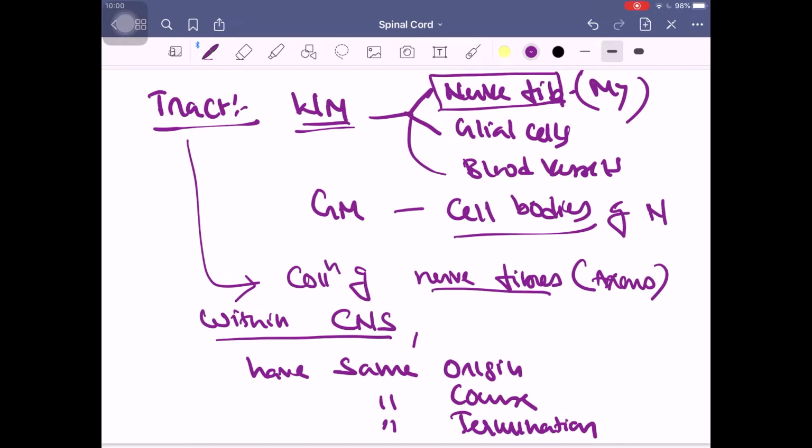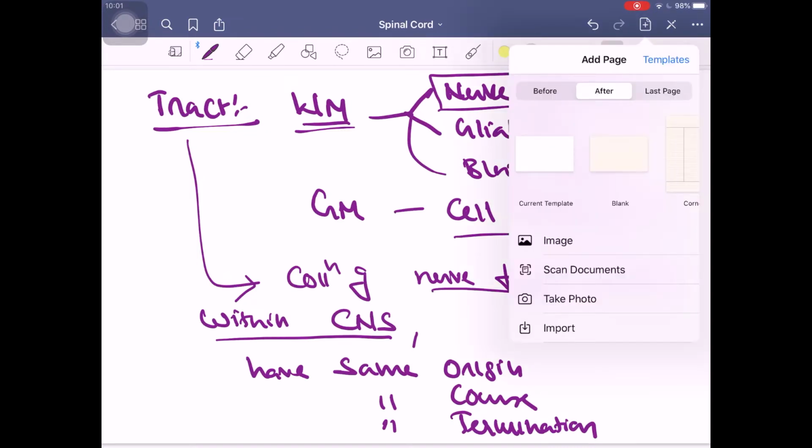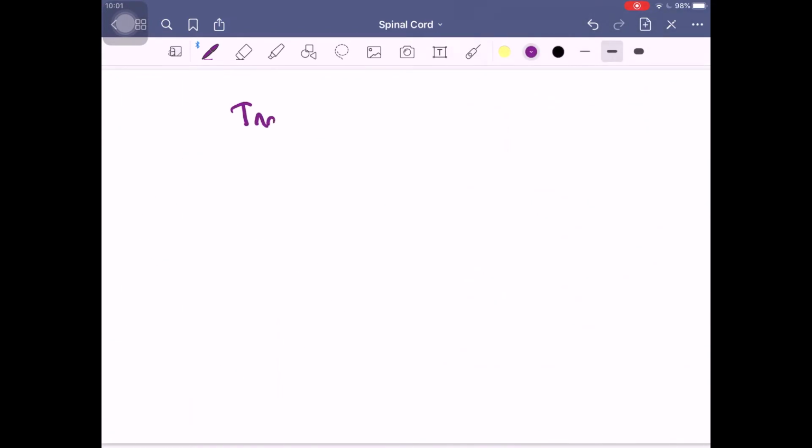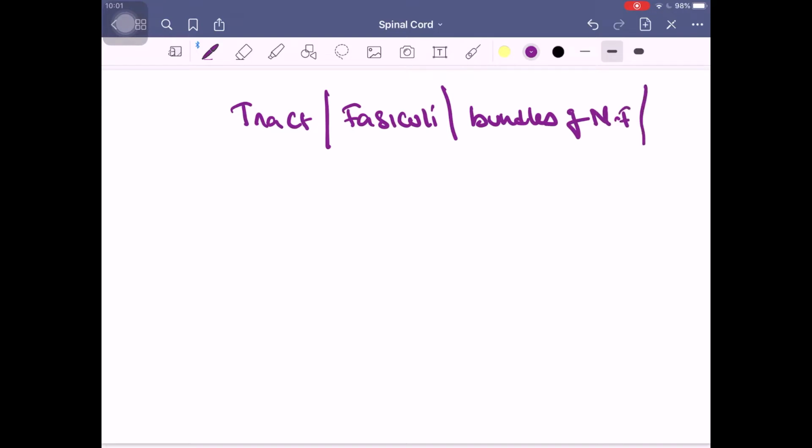There are many words for tract. You can call them a tract, or a bundle, or fasciculi. You have nerve fasciculi or muscle fasciculi, or you can simply call them a bundle of nerve fibers. It can also be called lemnisci,